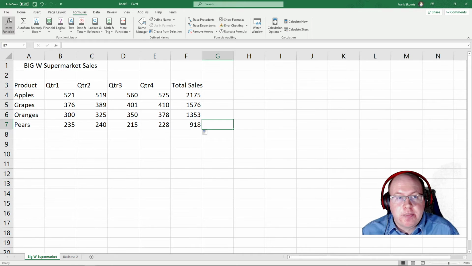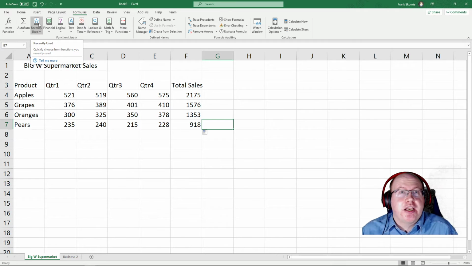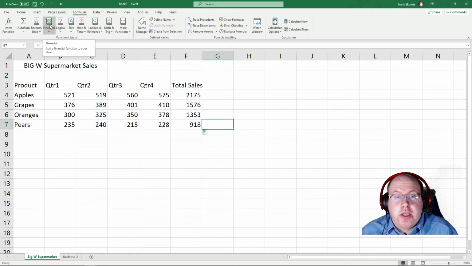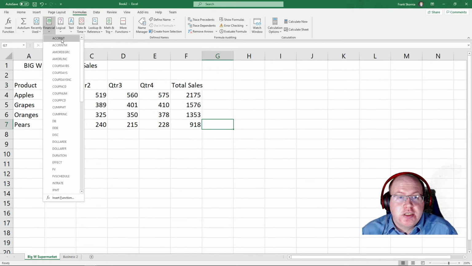There are different things here, like being able to insert a function. There are hundreds of different functions that you can use in Excel. They can either be Autosum, which we've already looked at. Recently Used will keep track of the formulas that you've recently used before. Financial: if you're doing a financial document, this will allow you to use financial functions. So things like